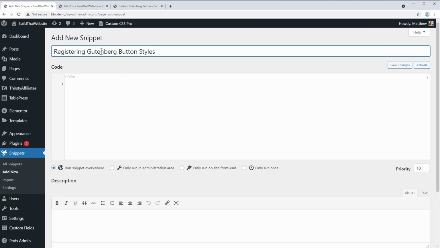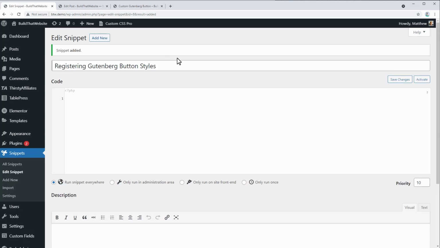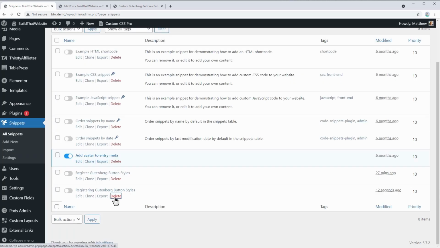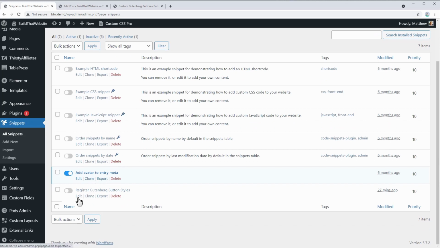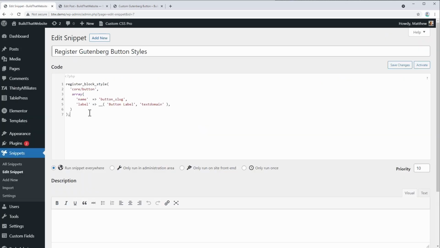But we would title it, okay, so we're going to register some new Gutenberg button styles, and we'll click Save Changes. And that's all you have to do to add a new snippet, and then you can create your PHP code right here. And we're going to delete the one that we just created, and I'm going to use the old one. So if we go to edit this one, you can see that there's this little bit of PHP,